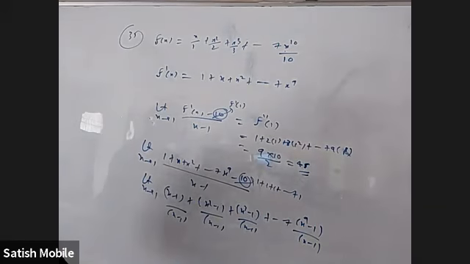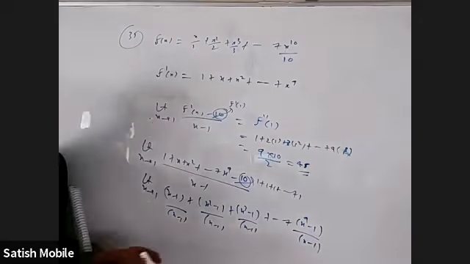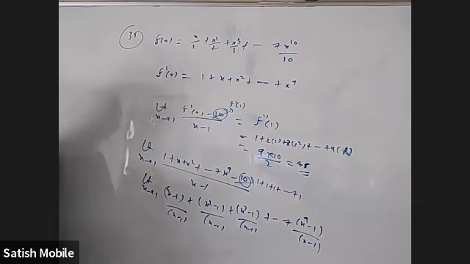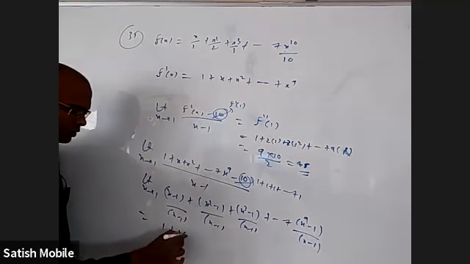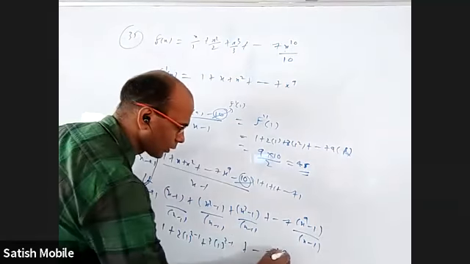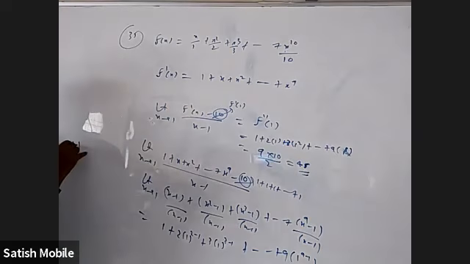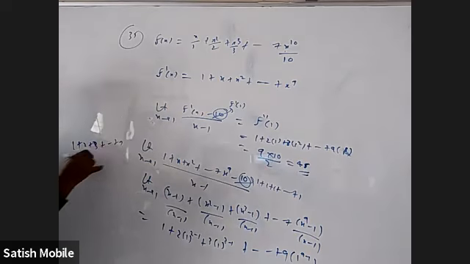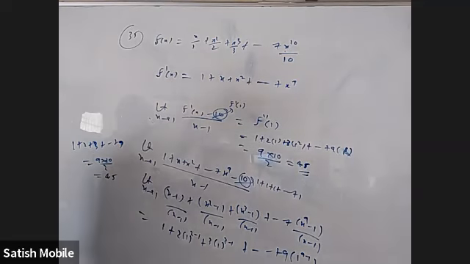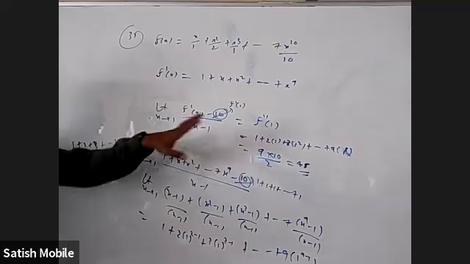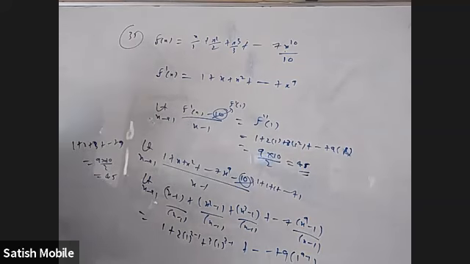Each one of them is in the form of x power n minus a power n by x minus a. The formula is n into a power n minus 1. So this will be 1. This will be 2 into 1 power 2 minus 1, 3 into 1 power 3 minus 1, up to 9 into 1 power 9 minus 1. Again, I got the sum of the first 9 natural numbers, which is again 9 into 10 by 2, which is 45. Okay, so you can do it by the first principle and say it is f double dash 1. First of all, you have to find f dash x by regular differentiation. After that you can do it this way or this way.